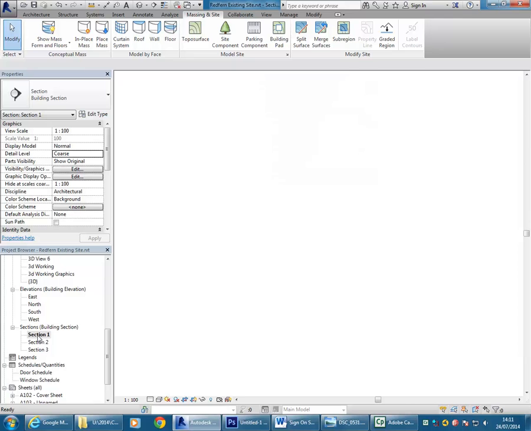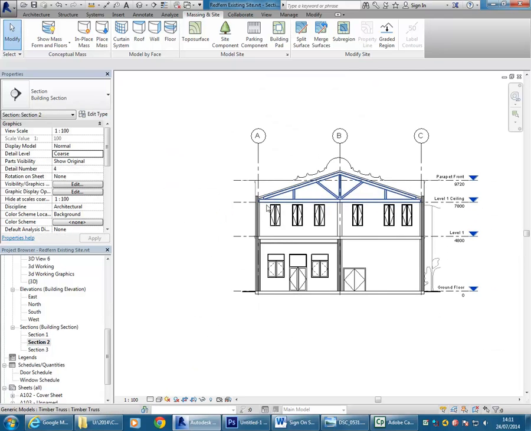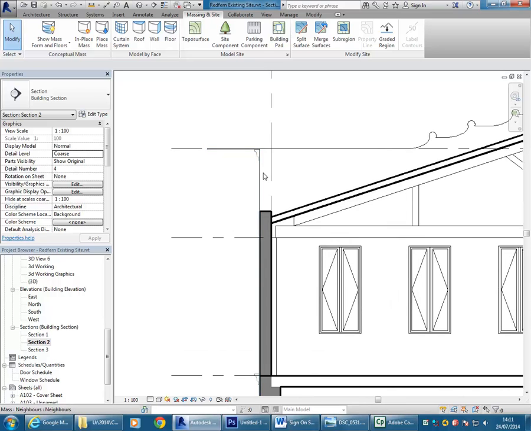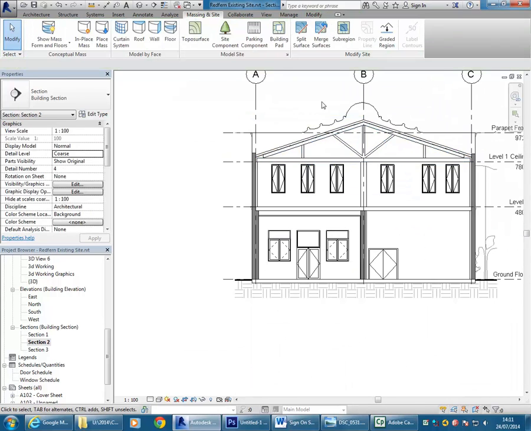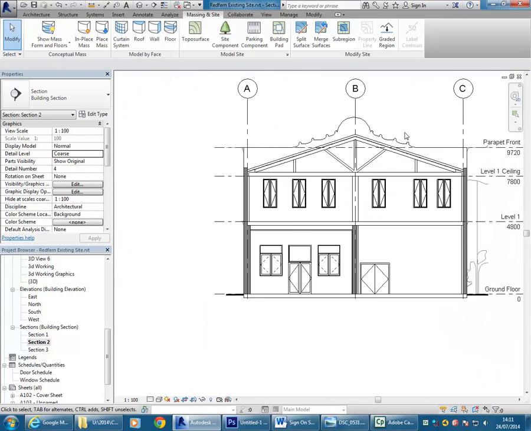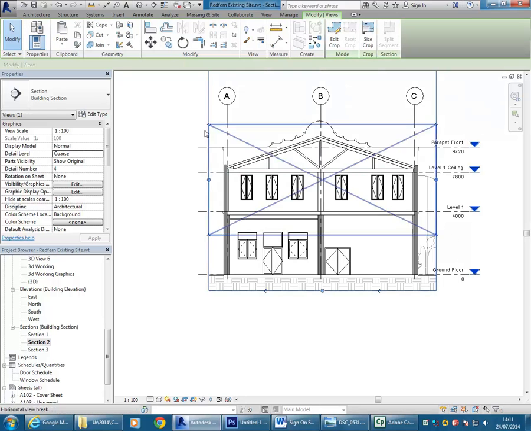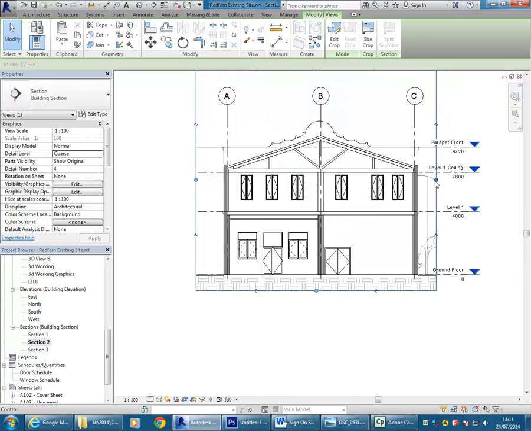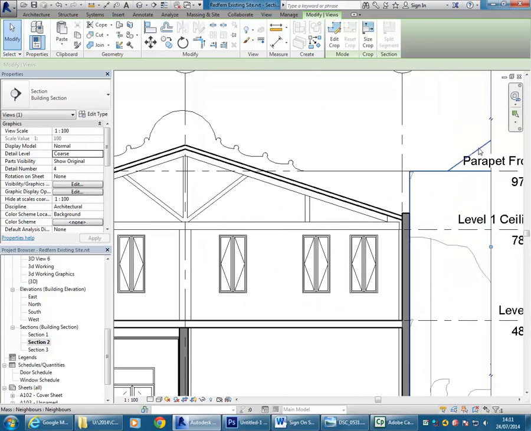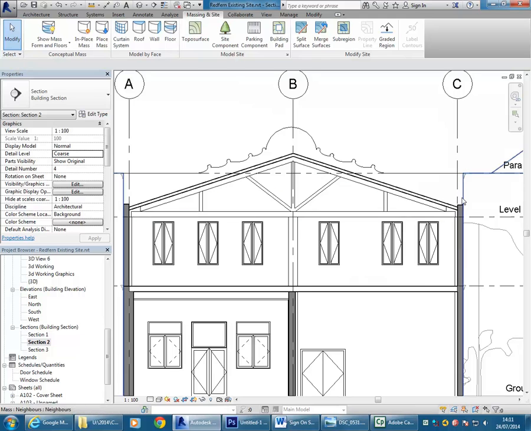Okay, so looking at the sections, we can start to see how it works with the adjoining buildings. So we've got it there, you can just see it there. Maybe the cropping's too much now, so I'll bring that out. Okay, so we can start to see those things in those other views. And then maybe just to finish that off and make it look a bit more presentable,